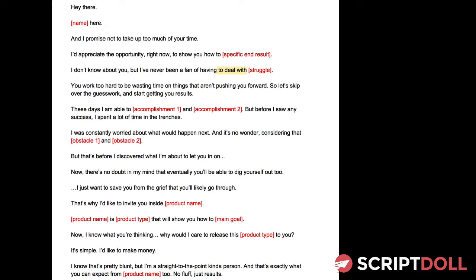Inside the ScriptDoll software, you can enter a few fields, and it will build this particular video sales letter script for you. You then transfer this text over into a PowerPoint, put a few words on each slide, and you can read it as it goes. But we're going to write this for you inside of the ScriptDoll software. So before we do that, let's go through how it works and what's special about it, and let's talk about the psychology behind why the Venetian actually works.